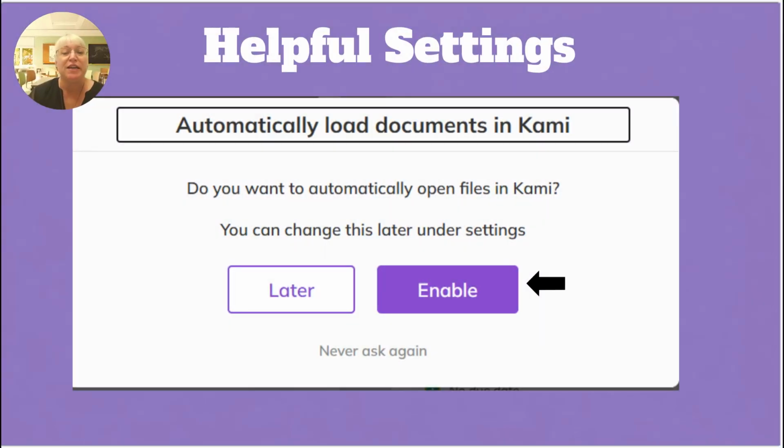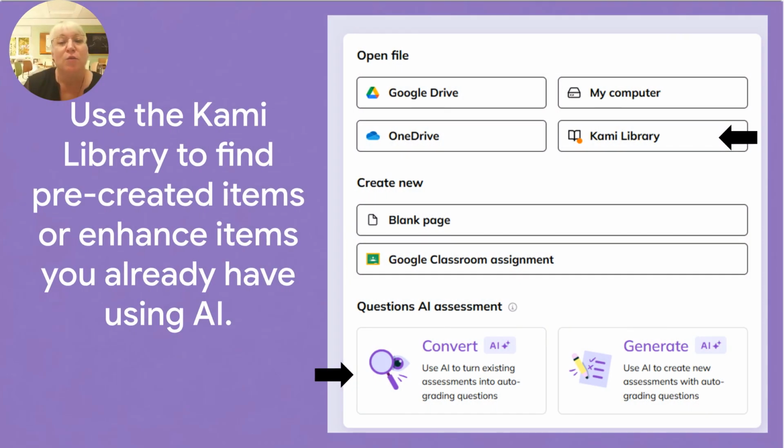A helpful setting is to automatically load documents in Kami. Click Enable if you want this feature. Each PDF will automatically open in Kami for you with that handy toolbar so that you can immediately start using Kami. When you open the Kami app extension for the first time, you can be overwhelmed by how many resources